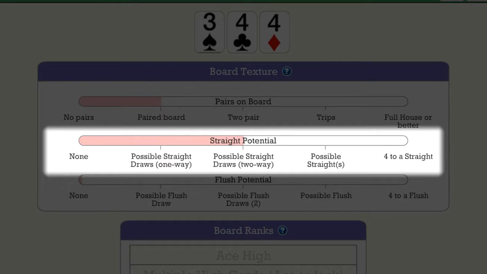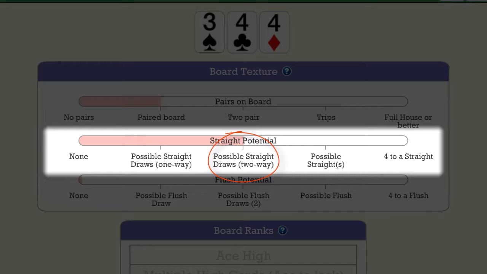The next bar here looks at the straight potential of the board cards. Let's start on the left side. None means no straights or even straight draws are possible. This next position indicates there are possible one-way straight draws out there. A one-way straight draw is also known as an inside straight draw or a gut shot straight draw. If the bar is in this position, it could mean someone holds a 2-way straight draw, also known as an